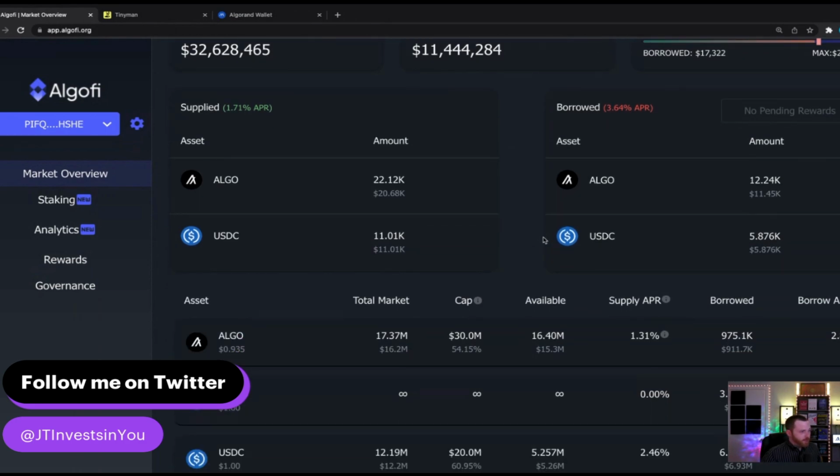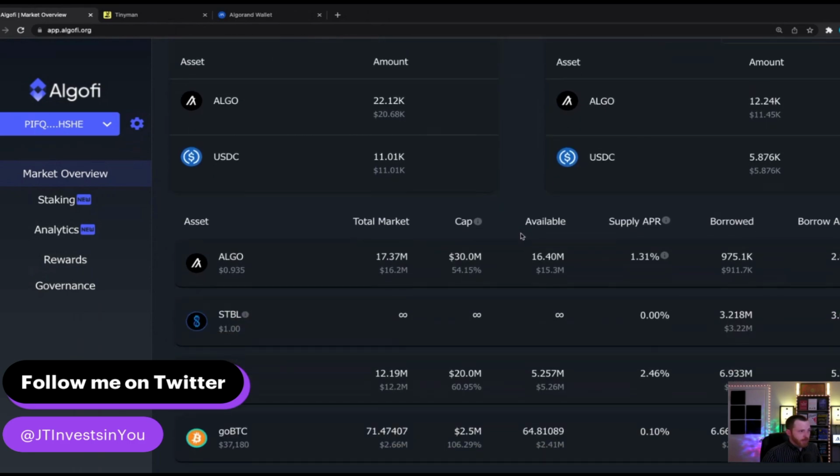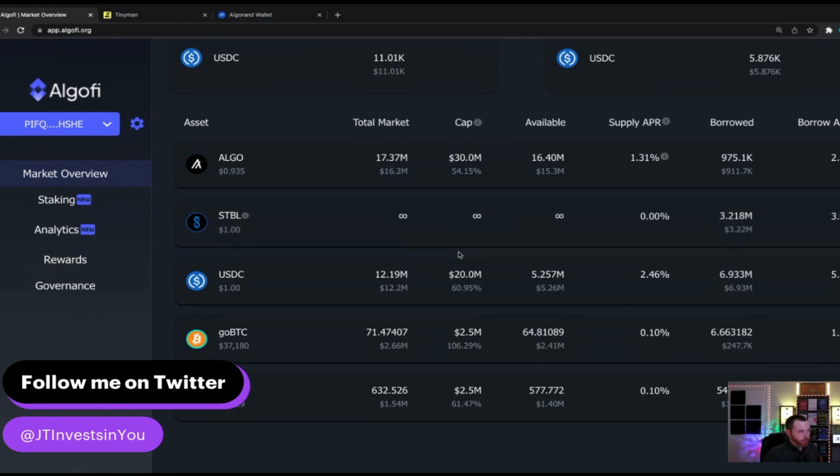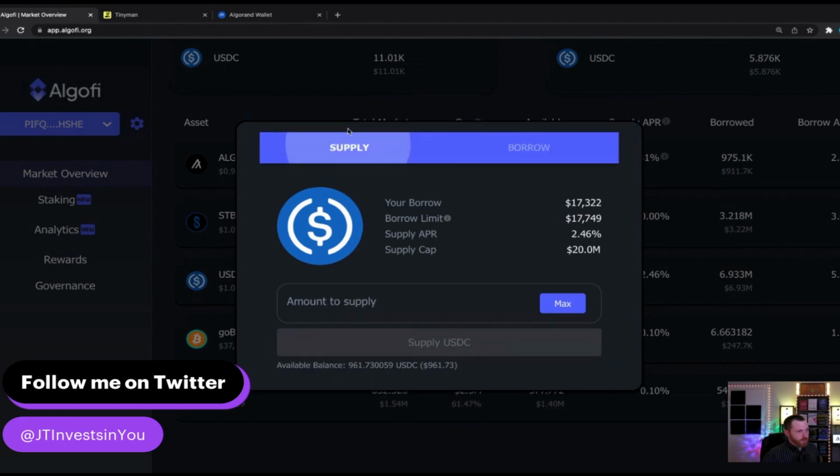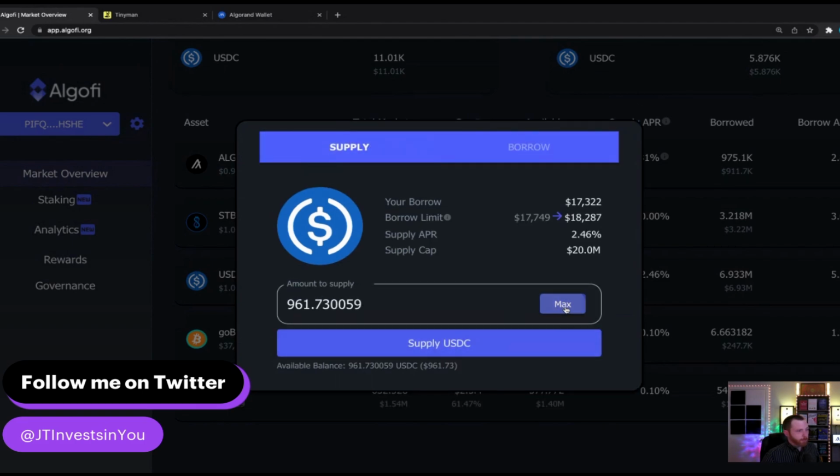However, that being said, I want to take those USDC tokens that we just swapped and supply them here to Algofi as collateral. So we're going to come on down here to USDC. We're going to click on supply, and then we're going to click max. Now I already have a bunch of USDC here because this is actually what I was going to do in the previous video when I just said that I swapped all of my Algorand and then had to stop the video, resupply my wallet with Algorand so I could continue the rest of this video. That being said, I'm going to click on max, supply,